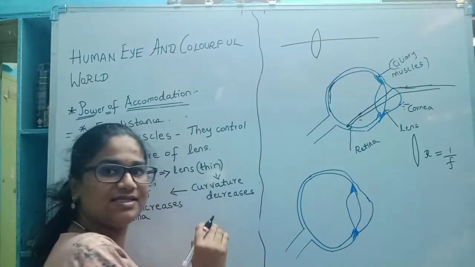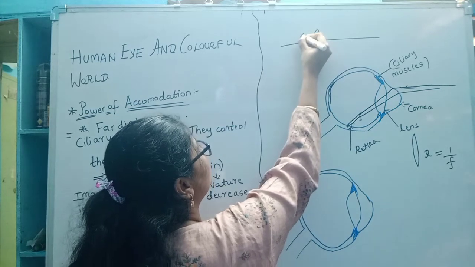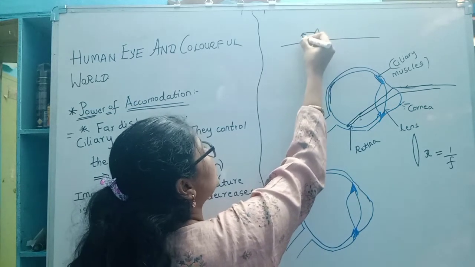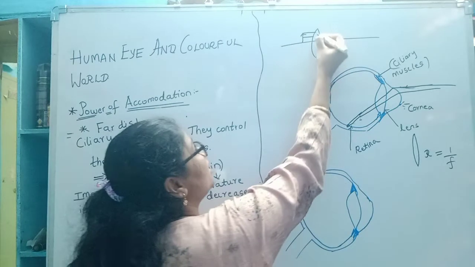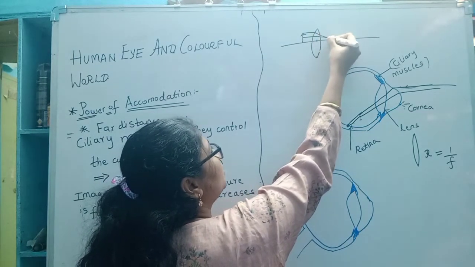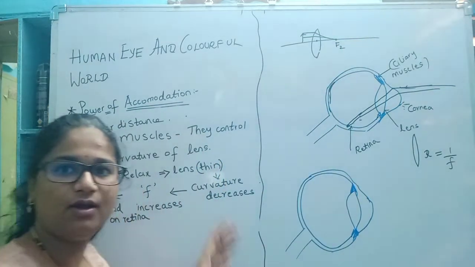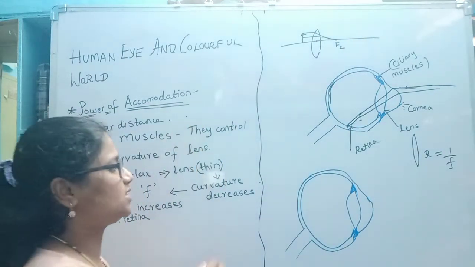Okay, let us consider again a convex lens. An object is placed near to the lens and the light rays which are passed will undergo refraction and meet at a point, which is a principal focus. Now,